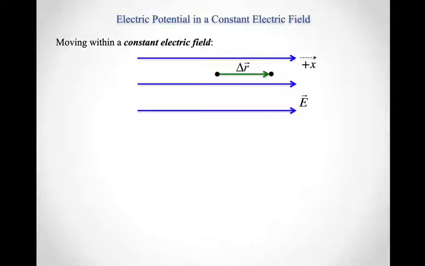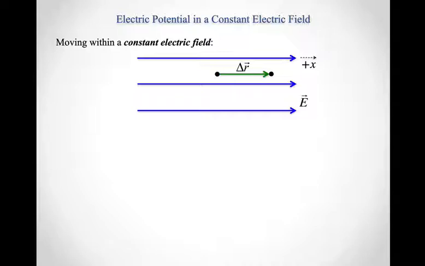So when we talked about how the electric potential energy of a charge moving around an electric field changes, we focused on two special electric fields. The first of those was a constant electric field. And so let's come back and think about that same type of field, but now think about how the electric